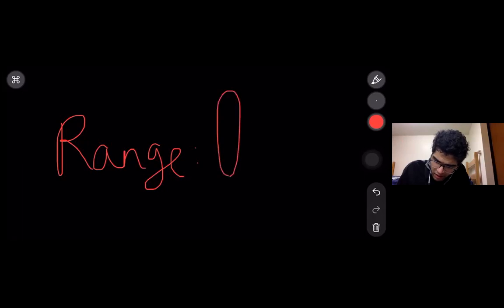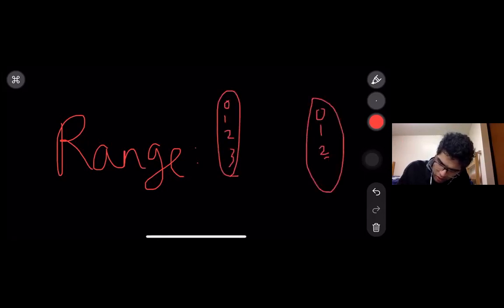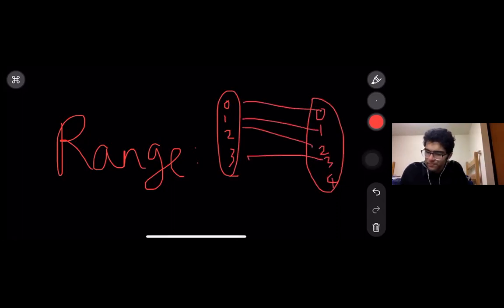So if I have, let's say, 0, 1, 2, 3, and here I have 0, 1, 2, 3, 4, and let me make this function like this. Now we know that this is a one-to-one function because no one is mapped to two things. This is not an onto function because 4 doesn't have a partner. Can somebody tell me what is the range of this function? A range is the set of values in the codomain which have a partner. So can somebody type in the chat what is the range of this function?